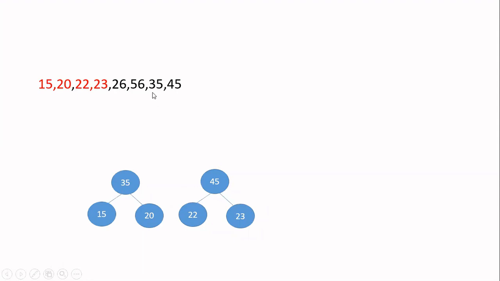So you have to combine 26 and 35. In this diagram already I have drawn 35 here. I have to form a new node. The value of that node is 61, by adding 26 and 35. And remember, here the lowest number 26 will be the left child and the highest number 35 will be the right child. Now, what is the next step? We have deleted 26 and then 35. We have added 61. So our new heap is with 3 nodes: 56, 45 and then 61.